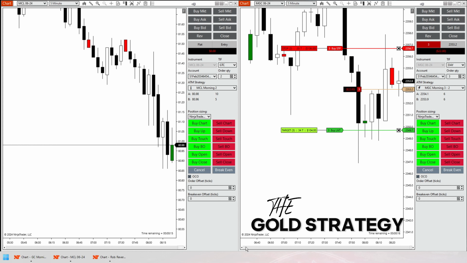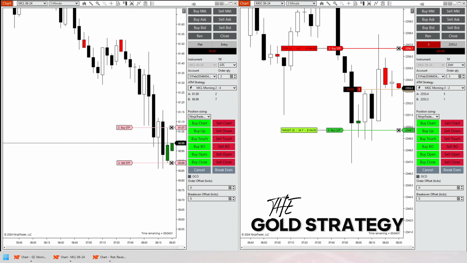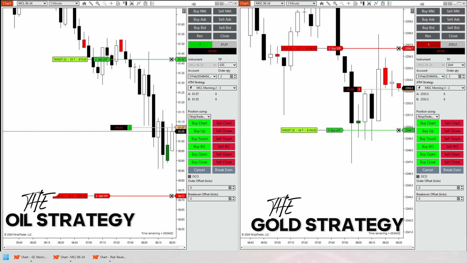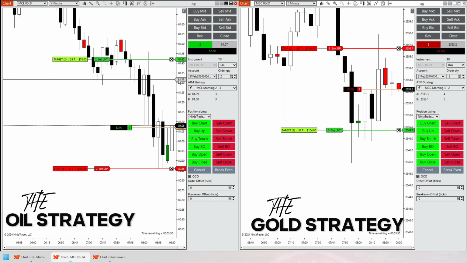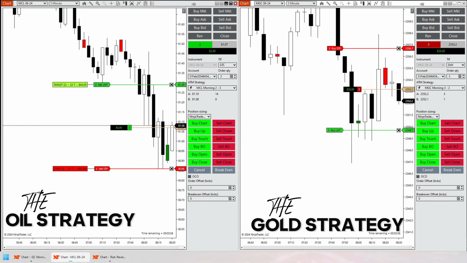Obviously, if we're looking at the left-hand side of the chart, we also are getting a setup in oil session 1. Typically, when you're trading oil session 1 and gold, many times you will have trades that are simultaneous. That's why I've had to adjust my position sizing to fit the 5 contract maximum with my 50K Top Step account here. So now we've got 2 trades going on at the same time.